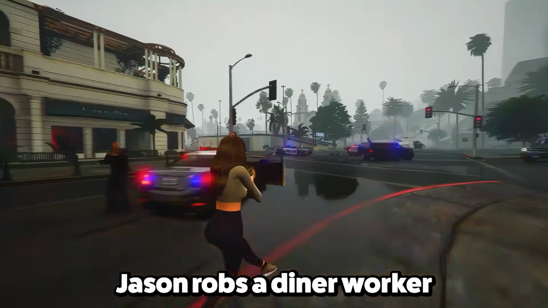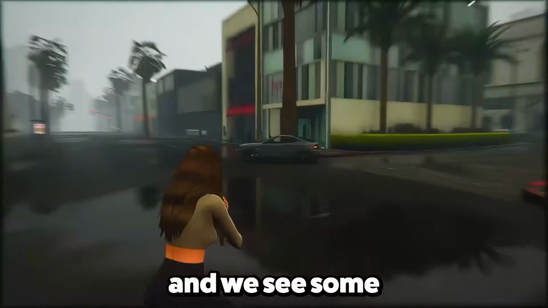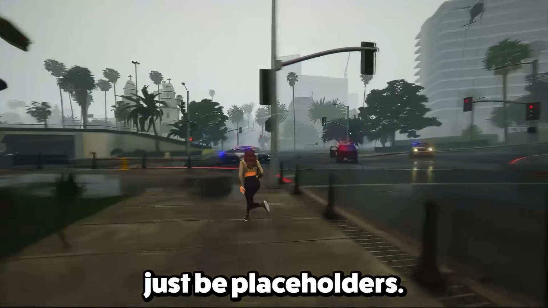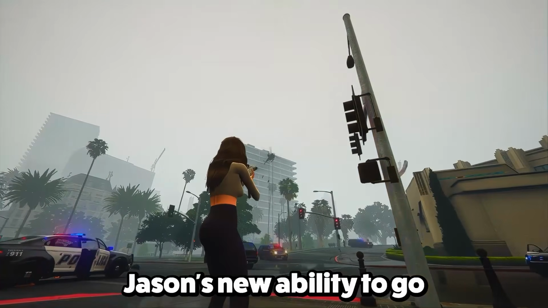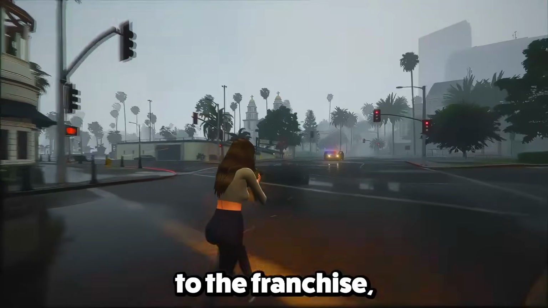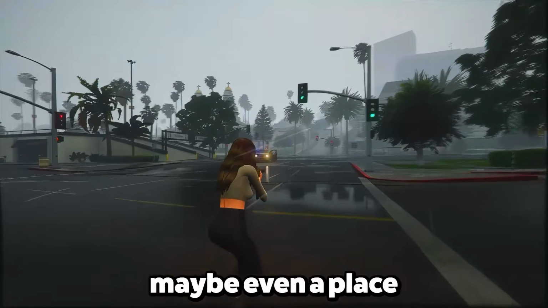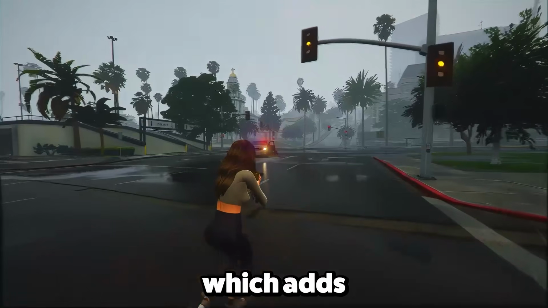In one scene, Jason robs a diner worker with an assault rifle, and we see some dialogue options that look like they're from Red Dead Redemption 2, but they might just be placeholders. Jason's new ability to go prone is a fresh addition to the franchise, and a scene in a thrift or antique shop hints at the option for robbery, maybe even a place to sell stolen items, which adds depth to